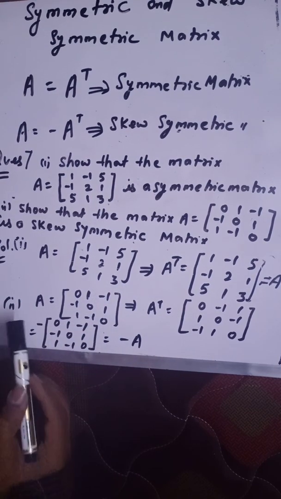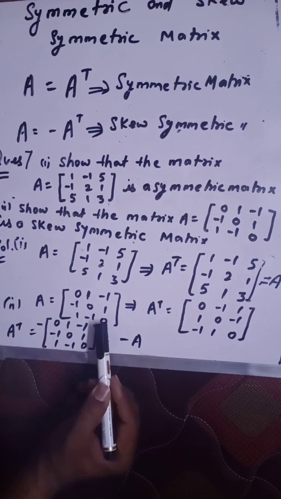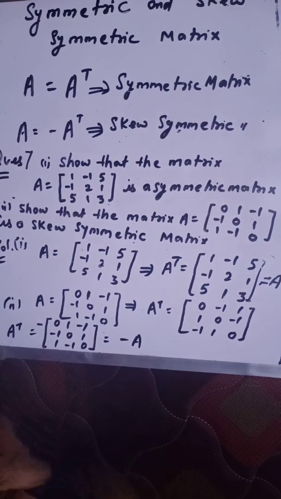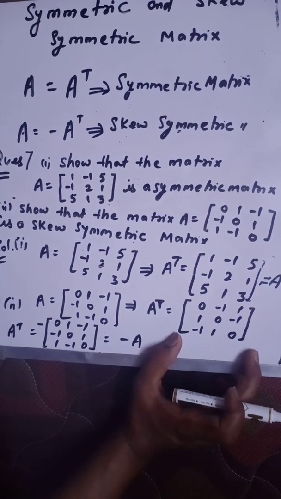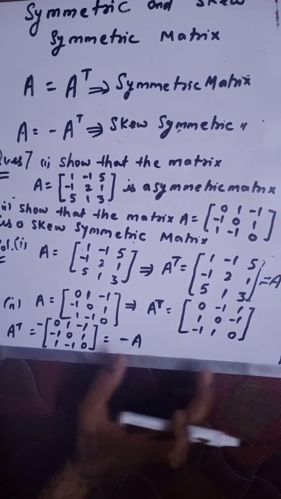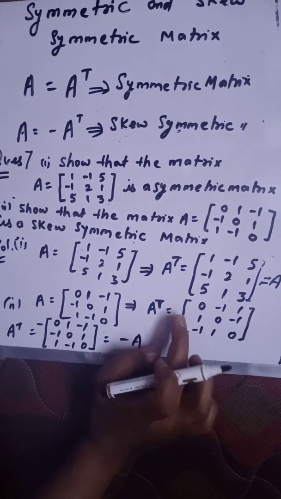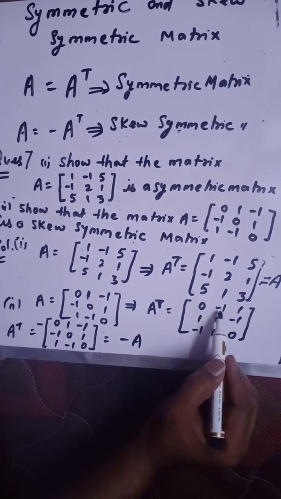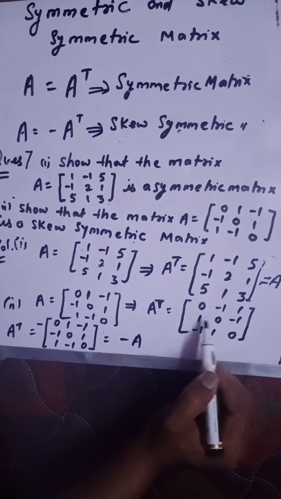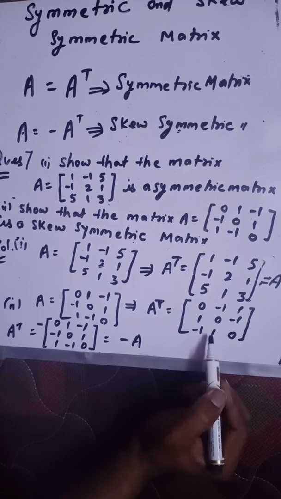Fine. Second part. Here A matrix is given to us, and here is the transpose of this matrix. Here it is. So I am taking minus common from this whole matrix. If you take minus common, the sign will change. This 0 will remain 0. It would be 1. It would be minus 1. It would be minus 1. It would be 0. It would be 1. Plus 1, minus 1 and 0.